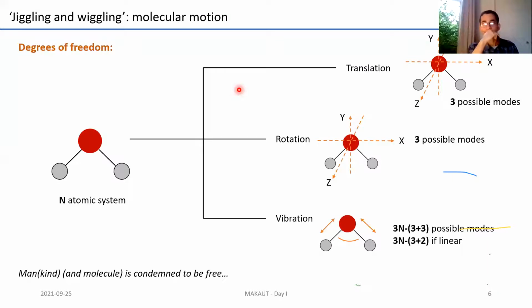molecular motion. So again, this is a slide that probably most of you are aware of from your undergraduate classes. So if you have a 3 atomic system, like this is water, you essentially have 3n degrees of freedom. That's the sort of general physical chemistry. Out of which 3 are translational degrees of freedom, as you see here. This is like X, Y, Z. So the molecule can translate along the 3 main axes.